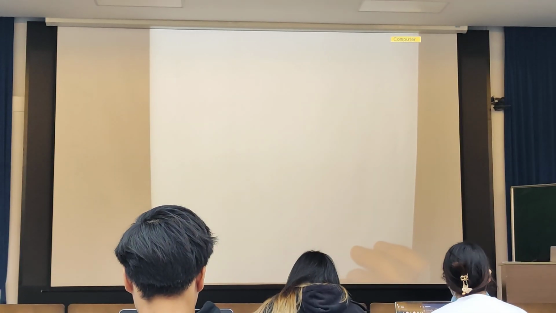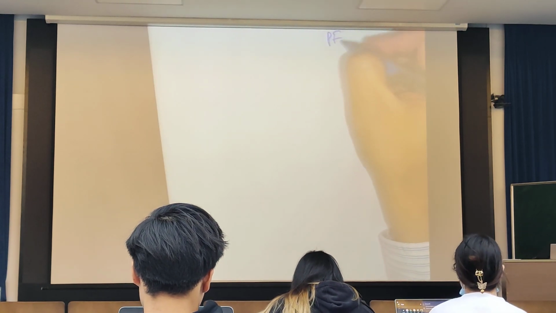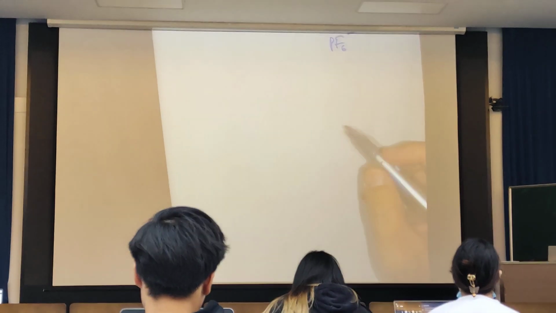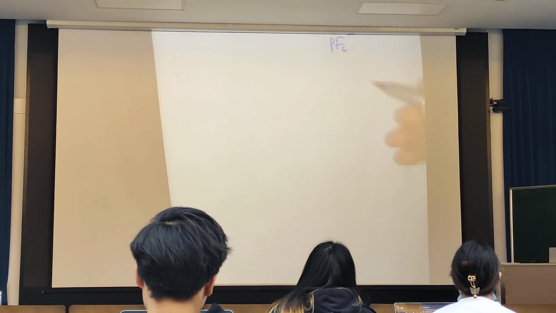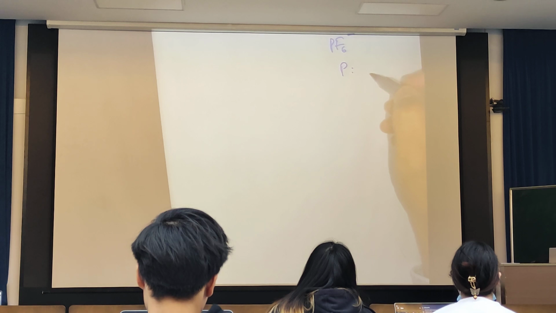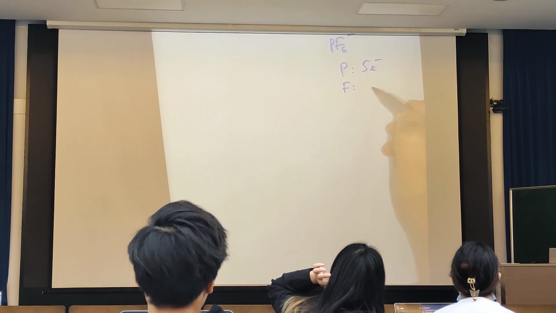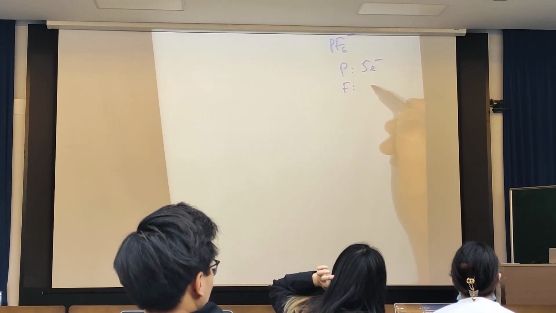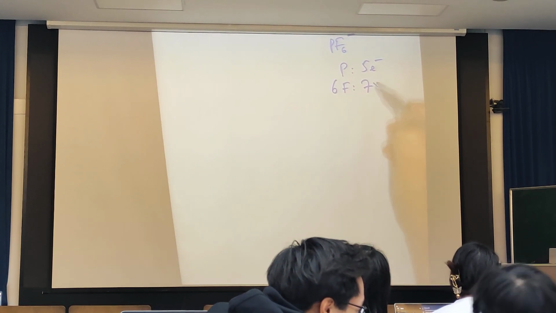Okay. Let's reboot together. BF5 is quite similar and quite easy. So phosphorus, how many valence electrons do you have? 5, right? Phosphorus, sorry, fluoride, you will have 7. So 6 times,